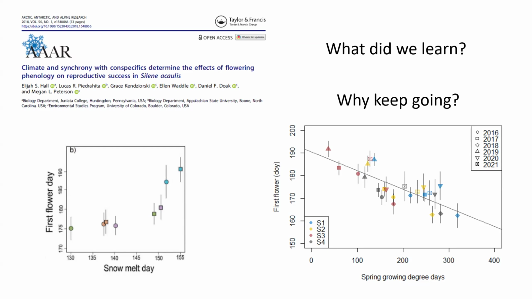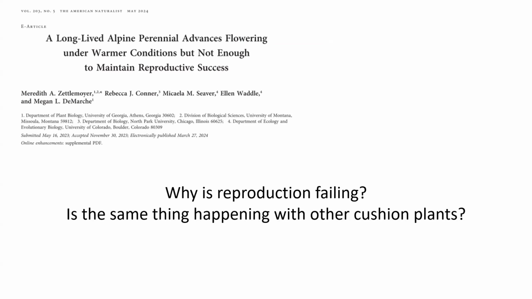So we did finally, just recently, publish a follow-up paper using the full 6 years of data on this. And that's the data set that you all have been working with. But we are still wondering, why? Why is reproduction failing? And also, is the same thing happening with other cushion plants? And so some of the things we're really thinking about now that we don't necessarily have super clear answers on